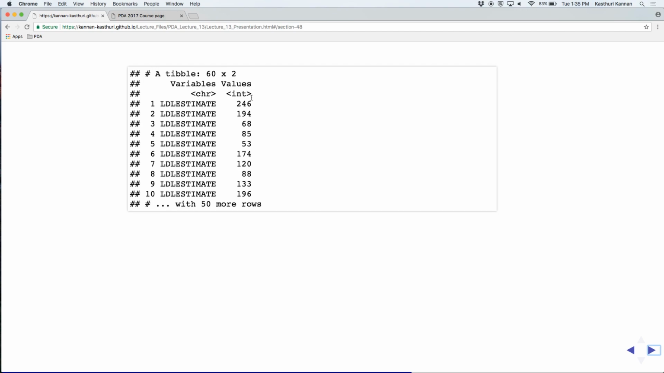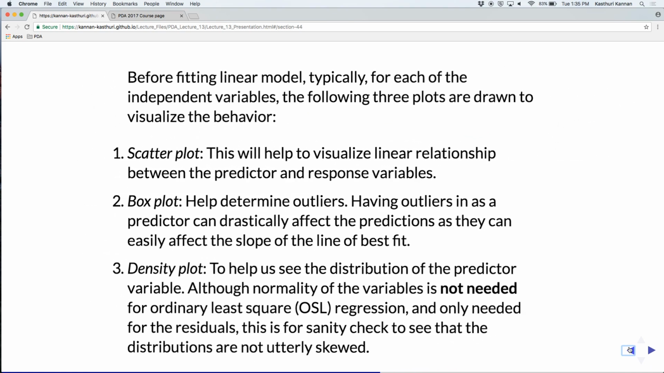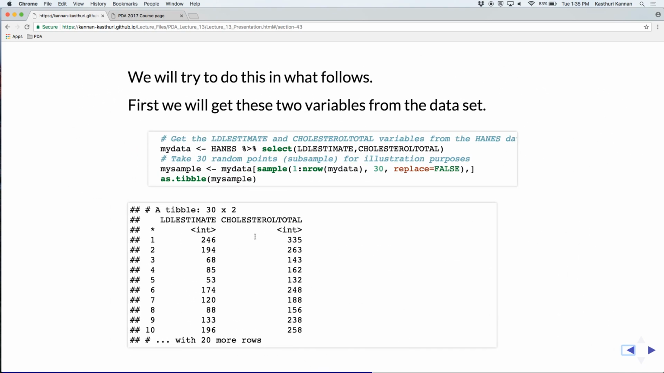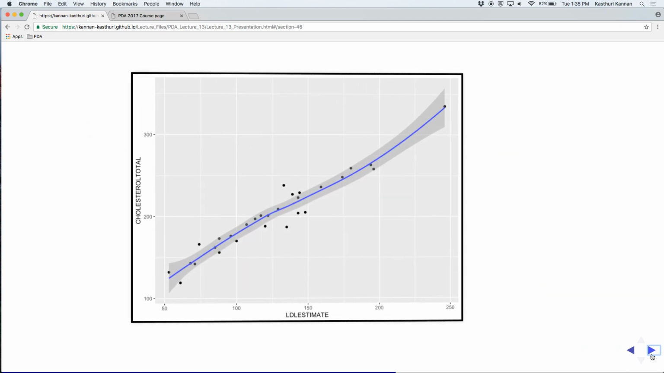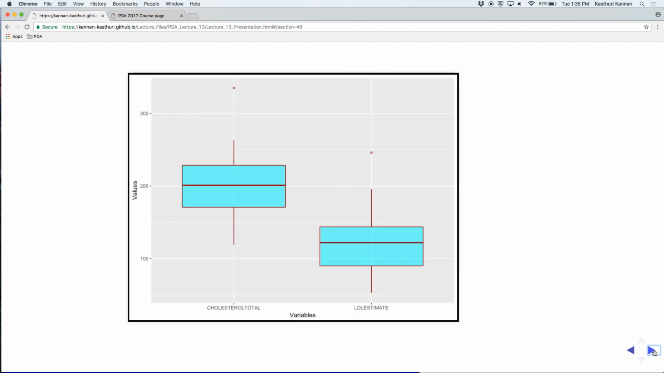Okay, so instead of the LDL estimate, if you look at these, previously you had the LDL estimate and cholesterol, right? I wanted to plot them in one plot to see how these two varied. So I had to gather them here, and you have them in the rows. Now you can plot these two variables and see how they vary. Otherwise, you will get two plots, and you really cannot compare them,